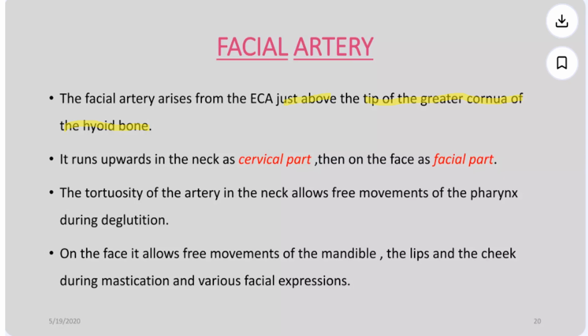It runs upward in the neck as a cervical part, and then on the face as the facial part. So we have the facial part as well as the cervical part in the neck. The tortuosity of the artery in the neck allows for the free movement of the pharynx during deglutition. On the face, it allows the free movement of the mandible, the lip, and cheeks during mastication and various